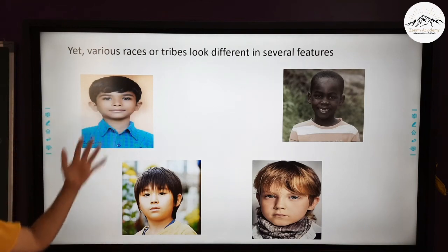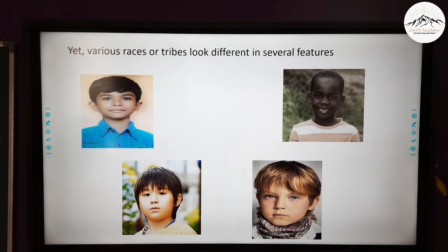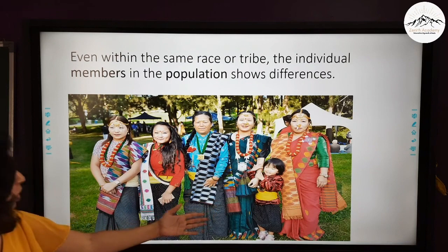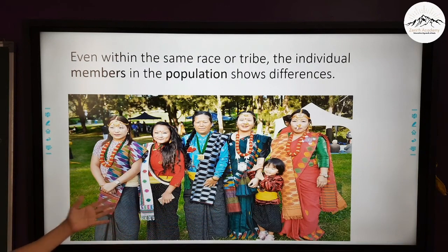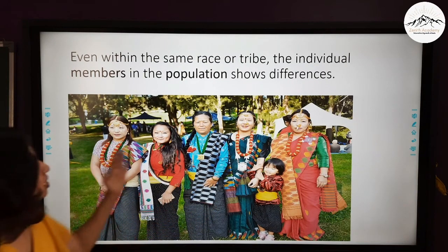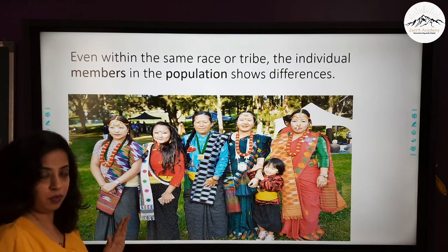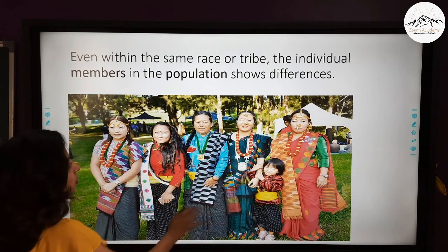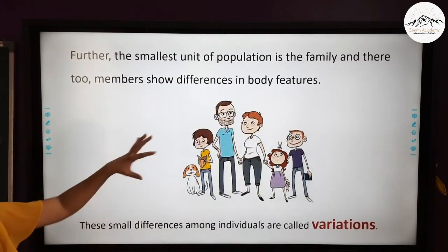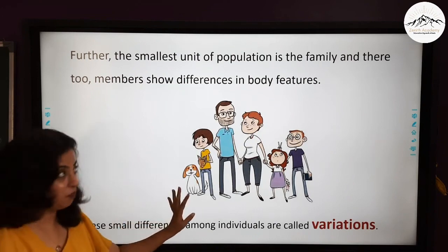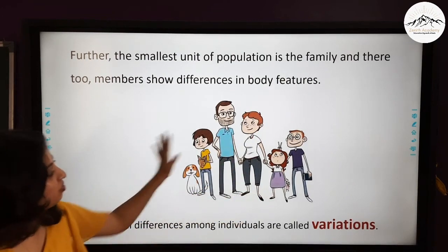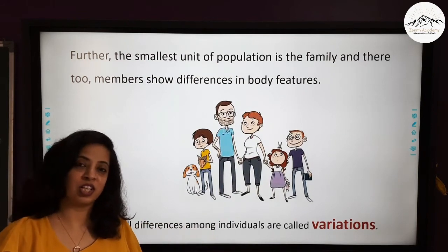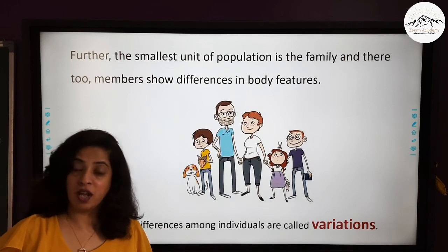So various races or tribes also look different and they have different features. Even within the same race or tribe, you can see the individual members of the population show differences. Here you can see that all of them belong to the same tribe, the same race, but still all of them are different from each other. Now further, the smallest unit of population is the family, and there also you can see the differences in their body features. So these small differences among individuals are known as variation. I hope you have understood what heredity is and